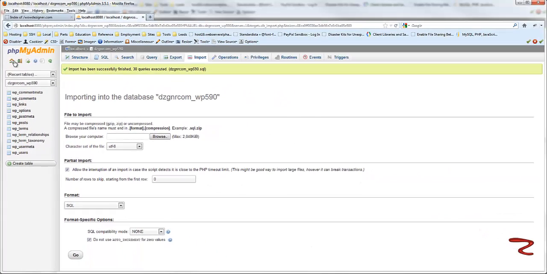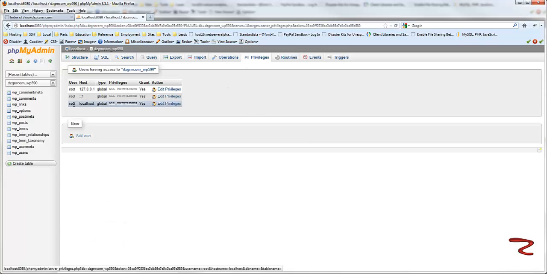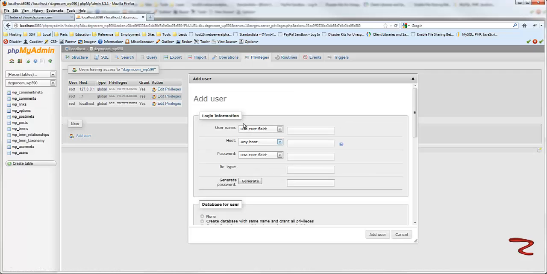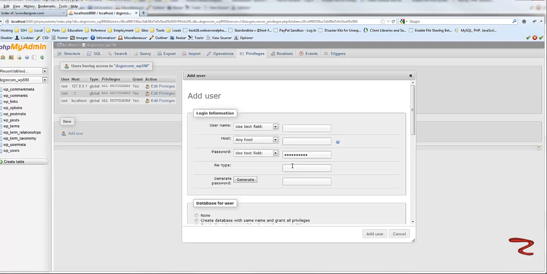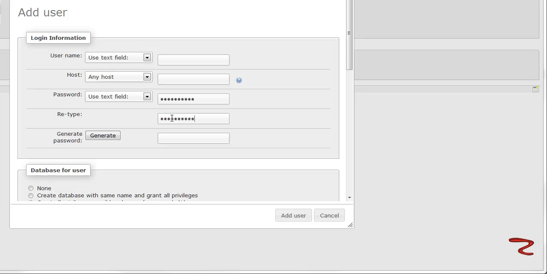And then we'll go back out. Well, actually, let's just set the privileges on this. You'll see there's no user for this database, so let's create one. Add user, and the password we already have on the clipboard, so I'm just going to hit Control V and paste it in there. And then the username is going to be DZGNRCOM_WP590. I'm going to put localhost here for the host,